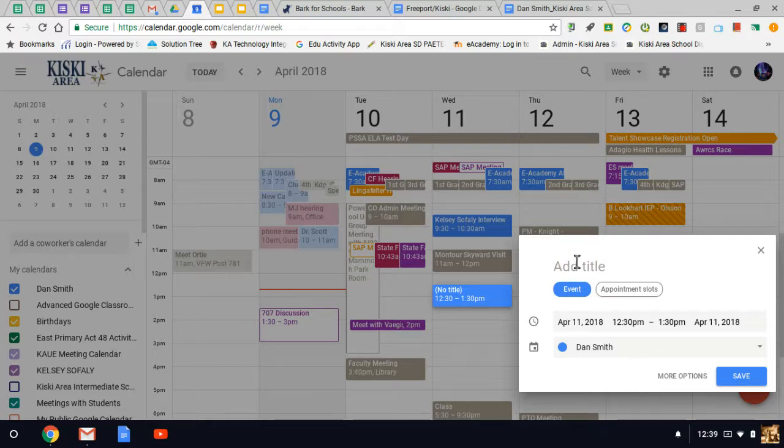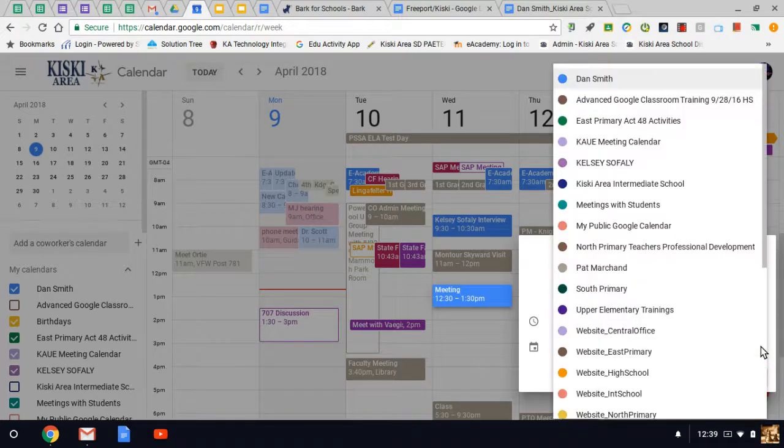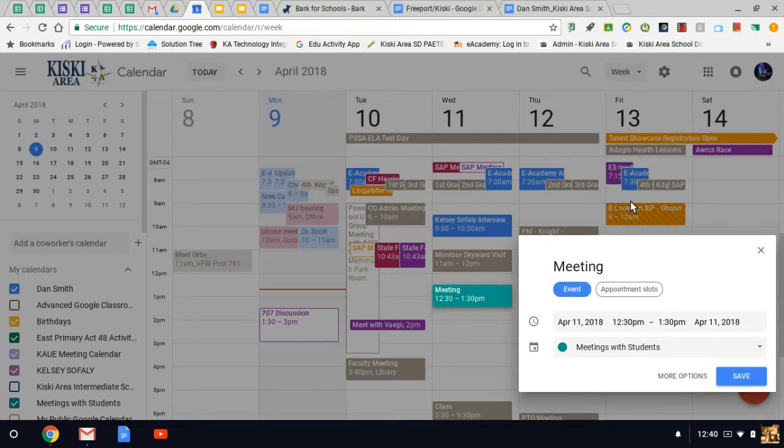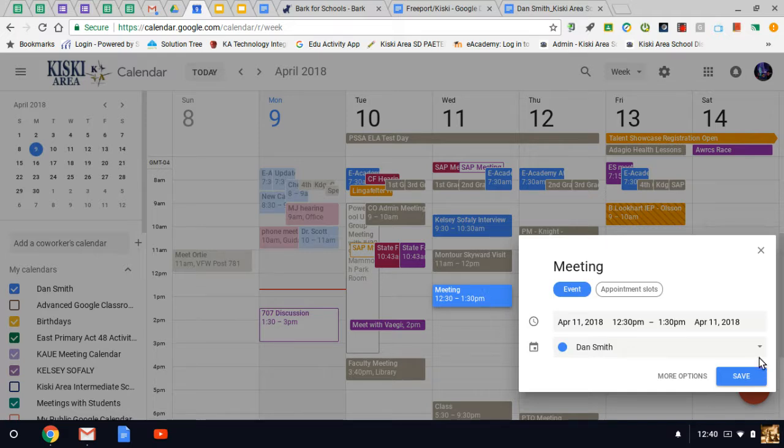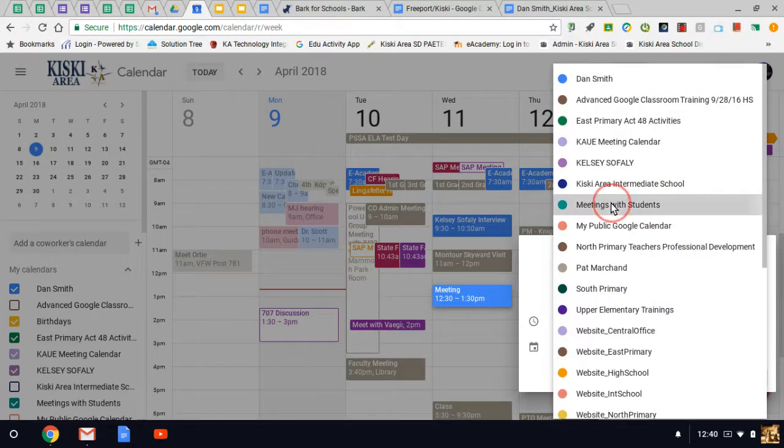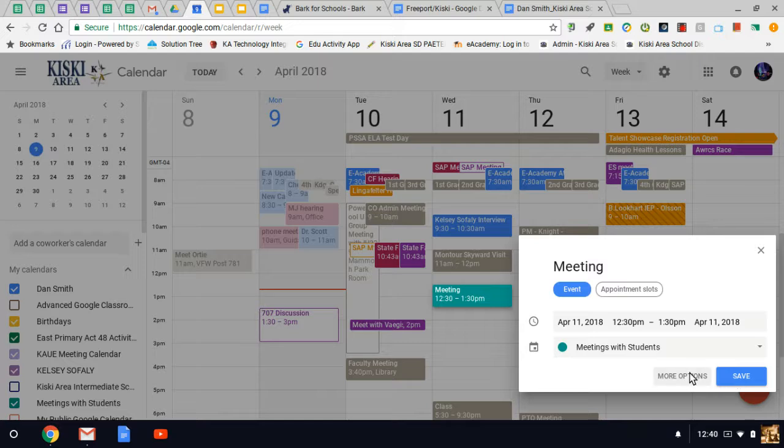A few things you can control right from here. You can add a title. You can control a little bit of the date and time, but most importantly you can choose which calendar this is on. So on that Meetings with Students calendar that I just created, I change it, and the color of the meeting or the event changes to the corresponding color of that calendar. So I'm going to leave it on Meetings with Students, and then I'm going to hit more options